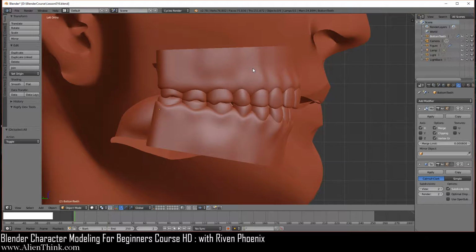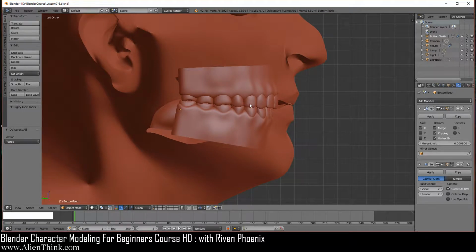So what we need to do now is create the inside of the mouth, okay? The reason we're doing it this way is because it has to do with what you want to do with your 3D model, okay? Sometimes, or most of the time, you want this ability where you don't actually want to render the teeth, because if the character is not going to be talking, it's pointless to even get Blender to waste its time rendering the inside of the mouth, right?